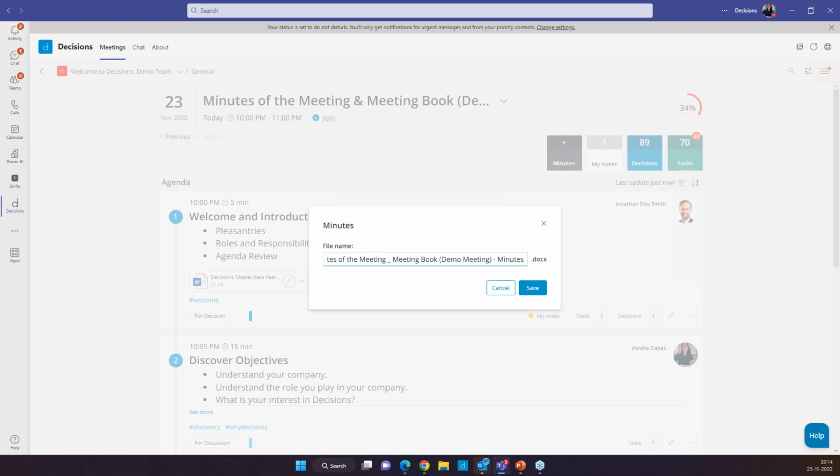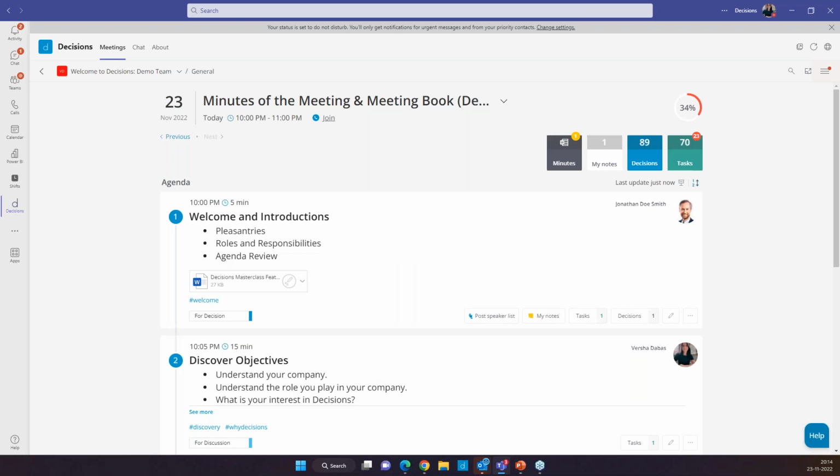Okay. So as soon as I select the Word option in here, the system's going to give me a file name by default. That's going to consist of the date of the meeting and the title of the meeting. And also it's going to say minutes in the end. If you do not want this file name, you can absolutely change it. There is no issue with it. Okay. And then you can click on save and automatically everything that's there in decisions will start flowing to your